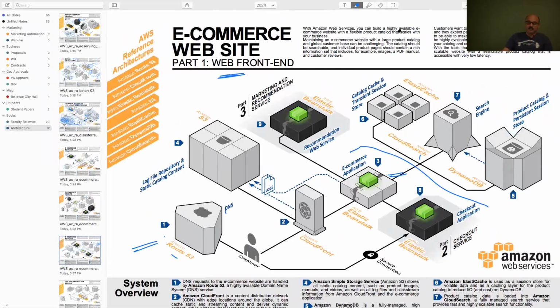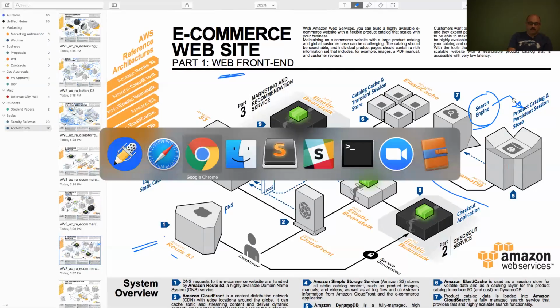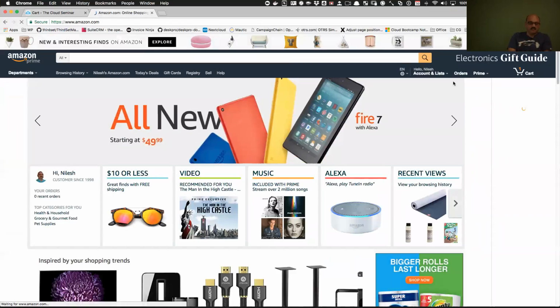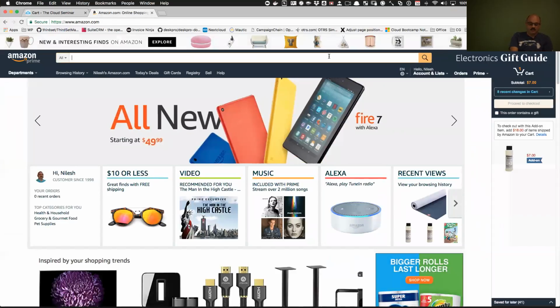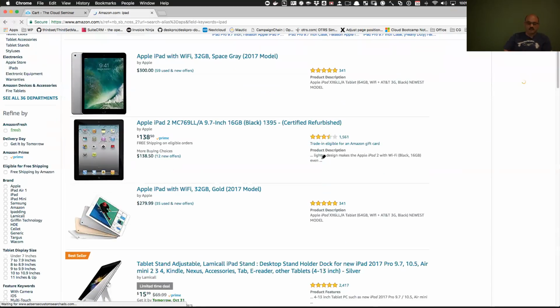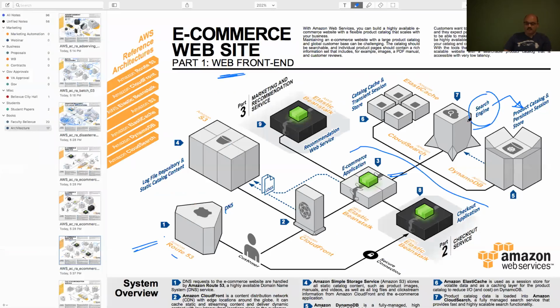You also understand this search engine, which is going to search your product catalog. From Amazon's perspective, you go to Amazon.com. I just have one product in my website, so there's not much. But here you can say, I want to buy an iPad, and it shows you the iPad selection. So that's the search engine right there. That search engine runs in the context of Amazon's cloud search capabilities, which search your product catalog and show that to the customer, because they can then select the appropriate product, put it in the checkout section,